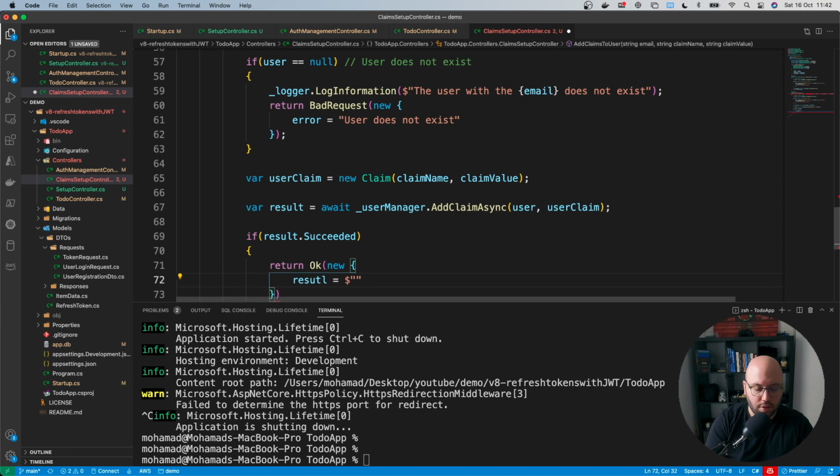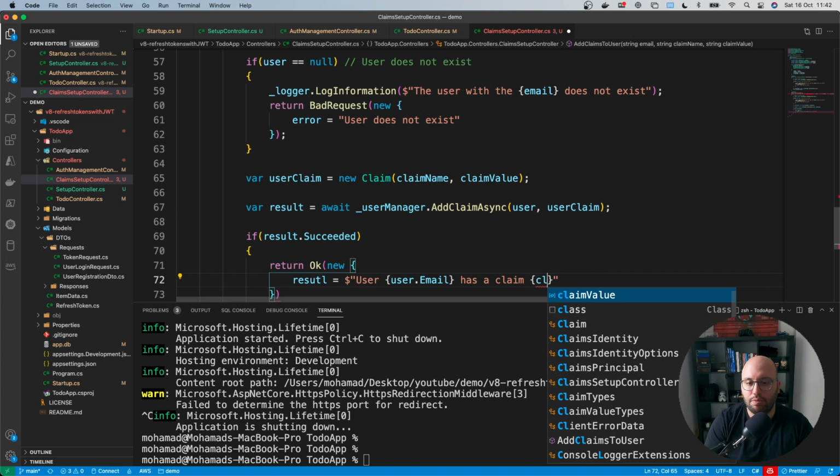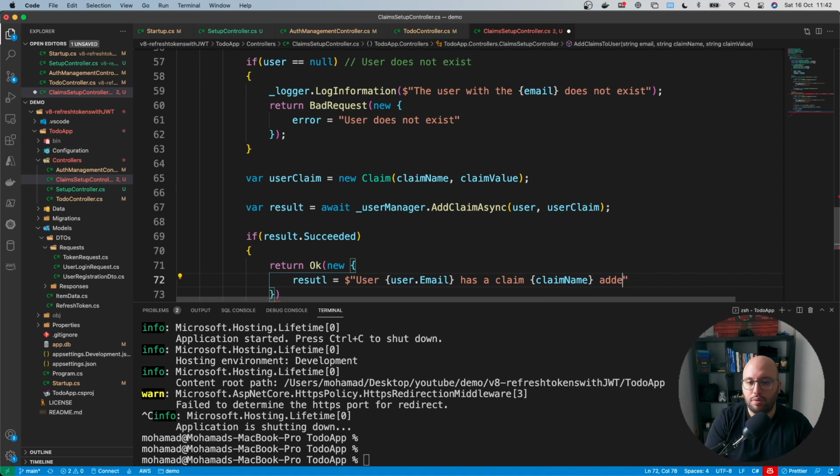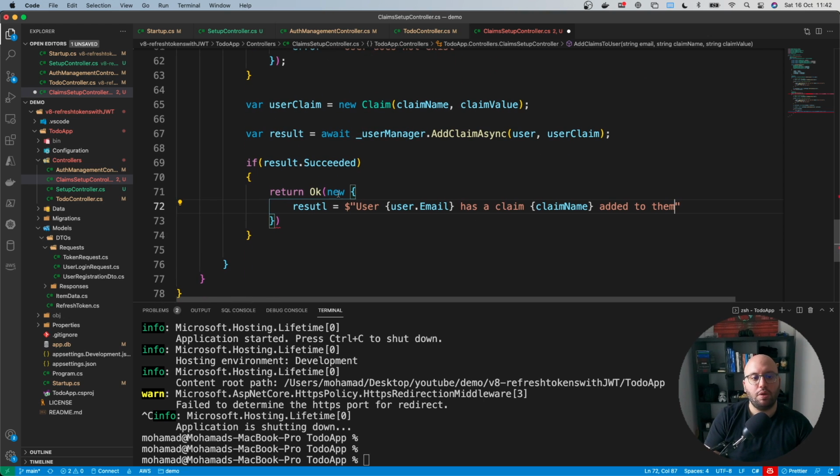We're gonna say user, specify his email or her email, so user.email has a claim. Let's add here claim name, I don't want the value added to them. That's it. And in case something goes wrong, we're just gonna put return bad request,